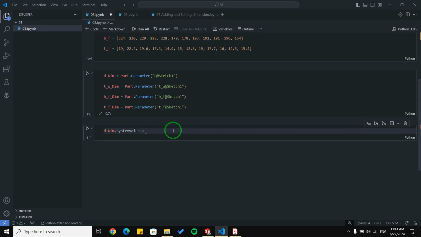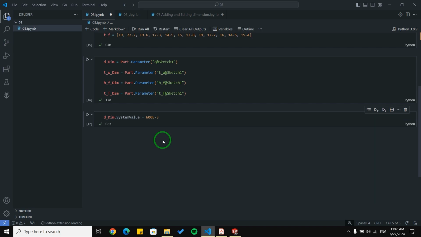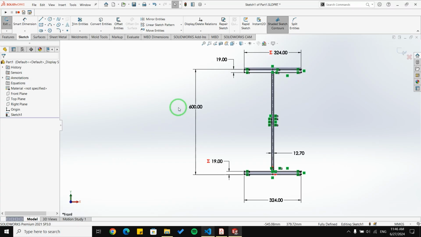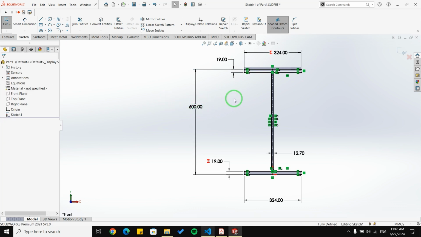I'm going to assign 600, but this should be in millimeters, and we know SolidWorks takes just meters, so I need to convert it. I'm going to do this, and it will convert millimeters to meters. So I'm going to run this block of code. And as you can see, now this line, or D, is equal to 600 instead of 611.